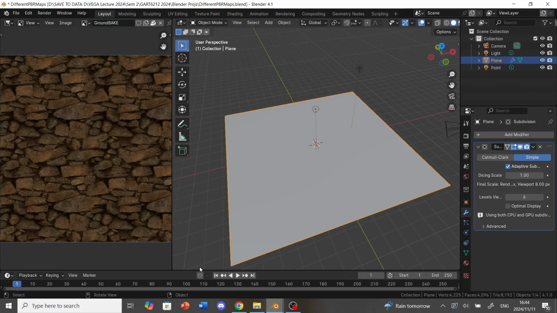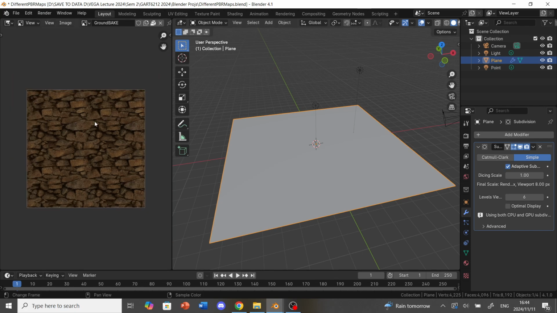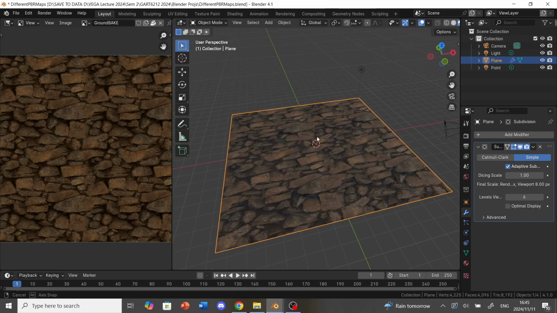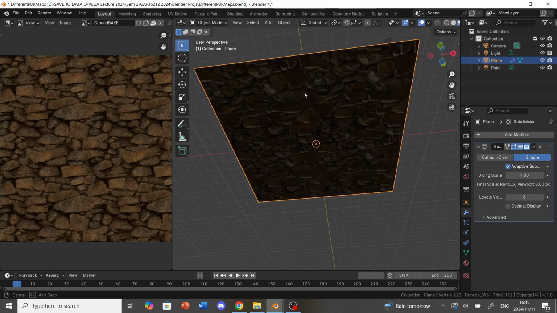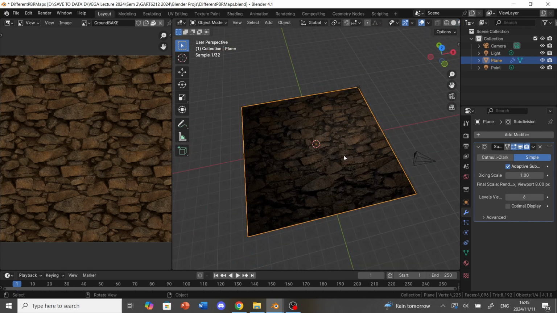So keeping that in mind, I have some examples over here. Note that this is a flat plane in Blender. Here's the texture on the side. It's these rocks. If I were to select here and go into edit mode, it is a single face down here. Now if I were to hold down Z and go into the material preview, it's still pretty flat. But if I were to go into the rendered view,